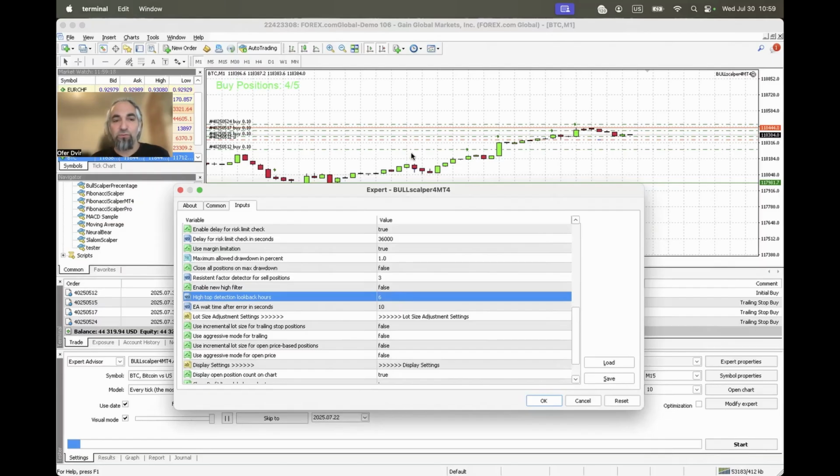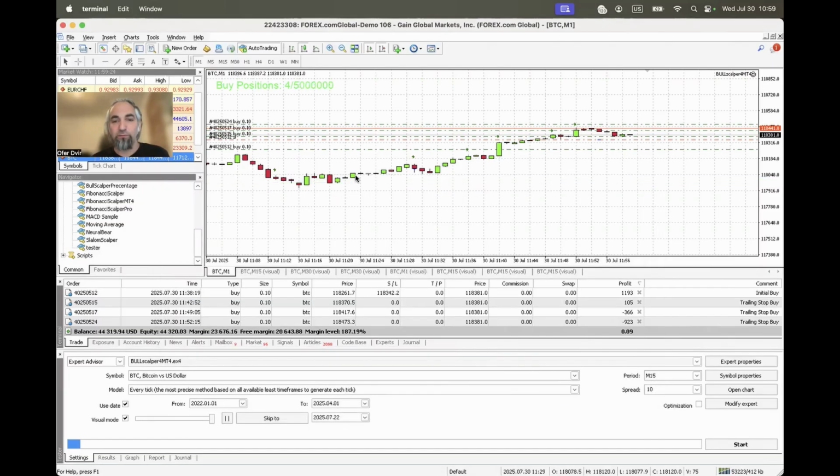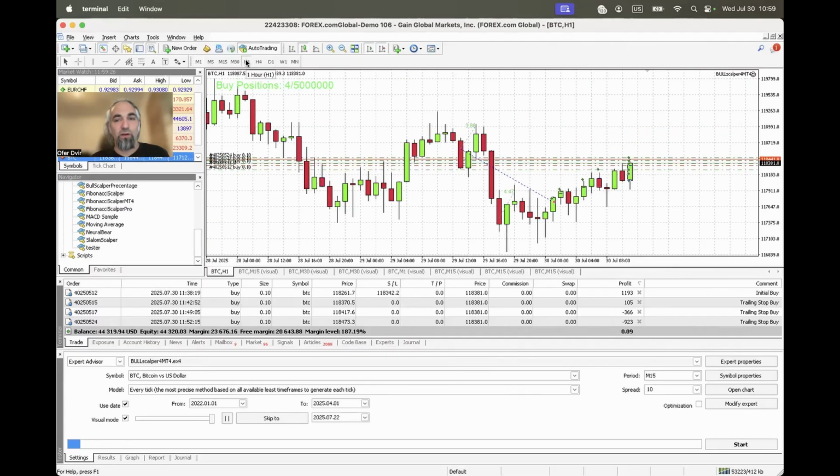As you can see, this one is a 1 minute bar. Let's go to 1 hour, for example. And you can see 1, 2, 3, 4, 5, 6. So it's the first new high, basically, in the last 6 hours,